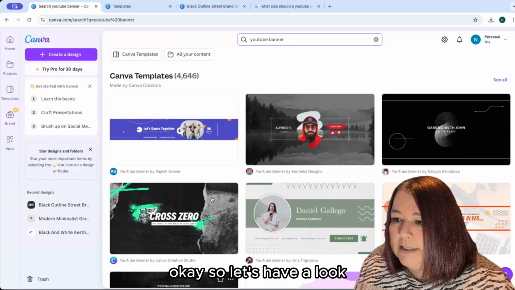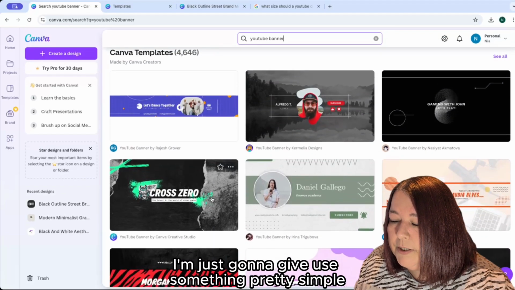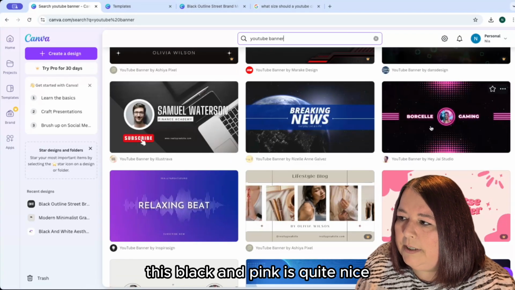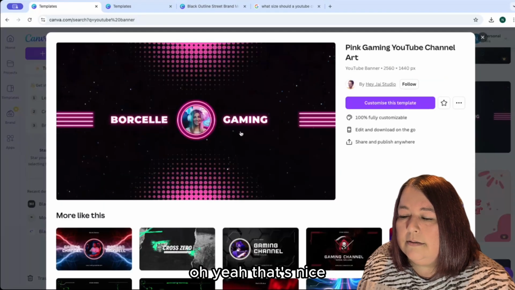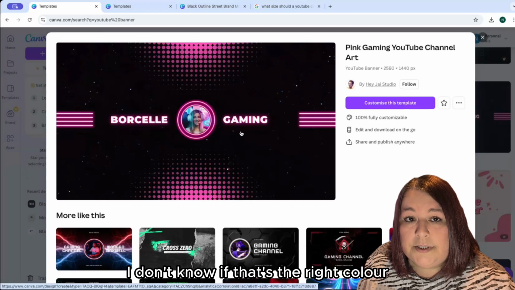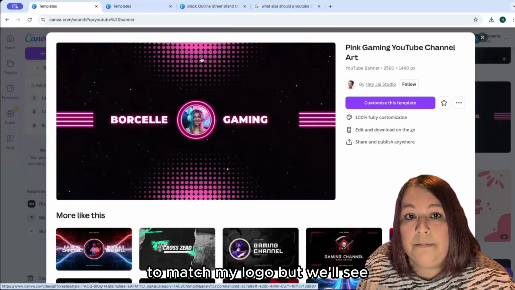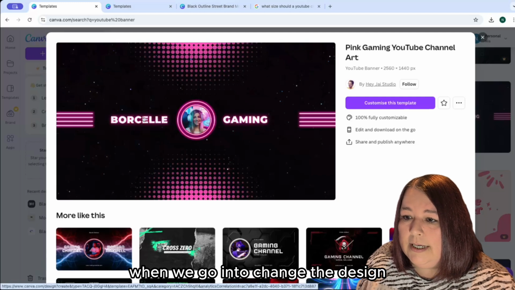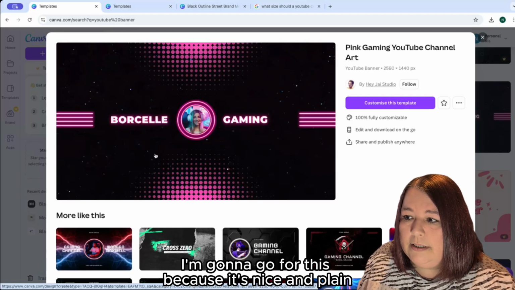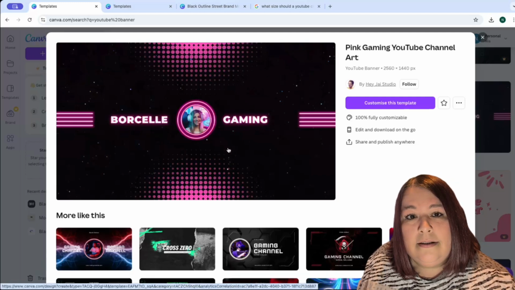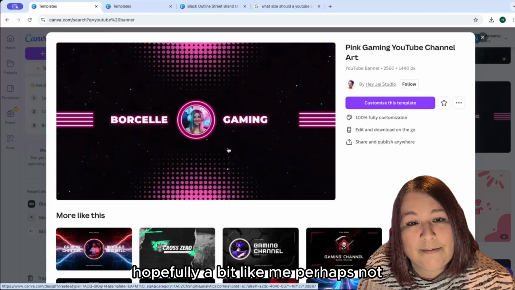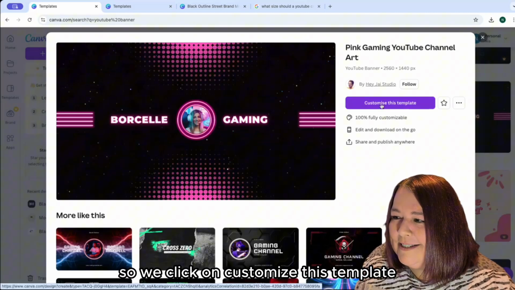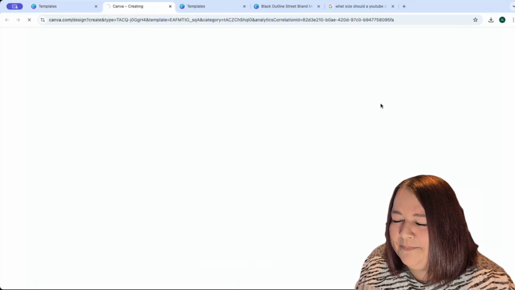Okay, so let's have a look. I'm just going to use something pretty simple. I think I want to go for something sort of black. This black and pink is quite nice. Oh yeah, that's nice. I don't know if that's the right colour to match my logo, but we'll see, and we can probably change it when we go in to change the design. I'm going to go for this because it's nice and plain, a little bit bright, hopefully a bit like me, perhaps not. I'll customize this template, so we click on customize this template,